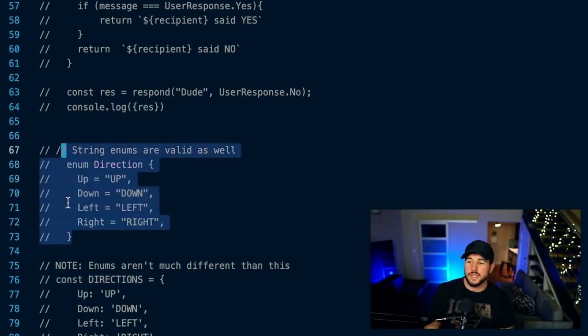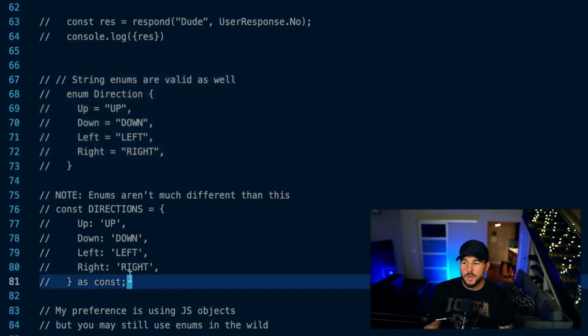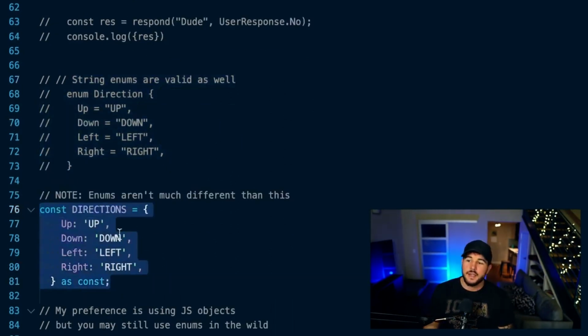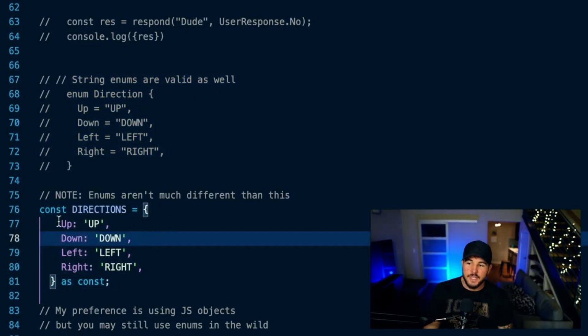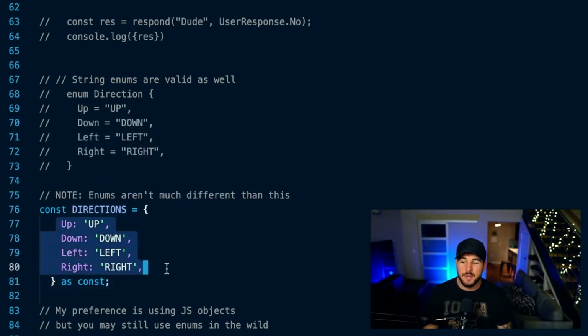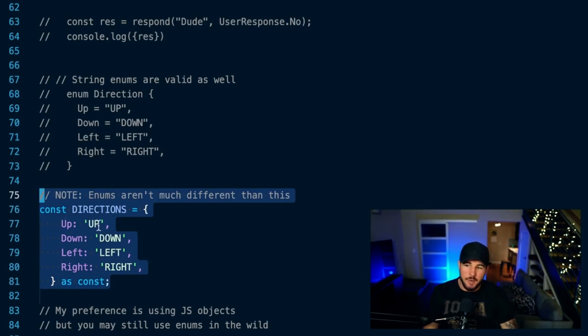Now, one thing I want to mention with enums is that an enum really wouldn't be much different than creating an object and then just having those values in the object work as your constant. If you use as const in TypeScript, it's going to make it so that this will remain a constant, and I'm not going to be able to mutate these values here, which makes this a true constant and gives me certainty that these values are going to stay the same. So really, an enum's not going to be much different than creating an object here and then declaring it as const. And this would actually be my preference when using constants in my program,